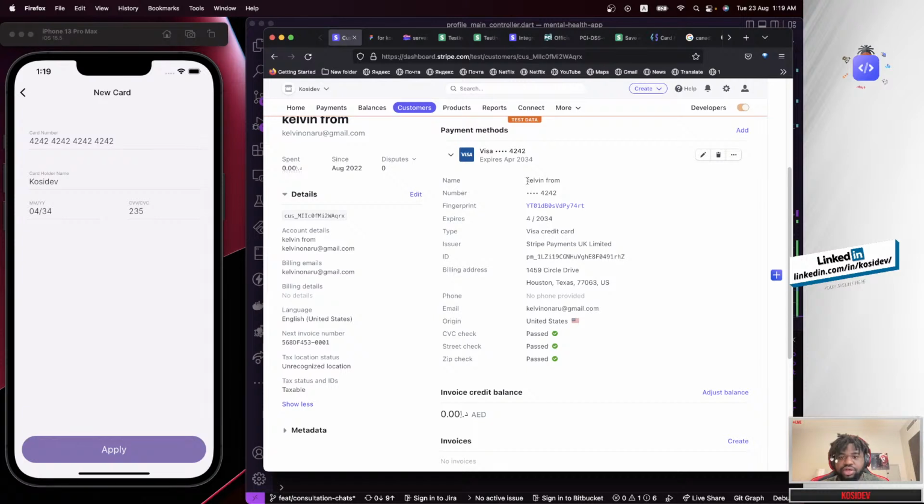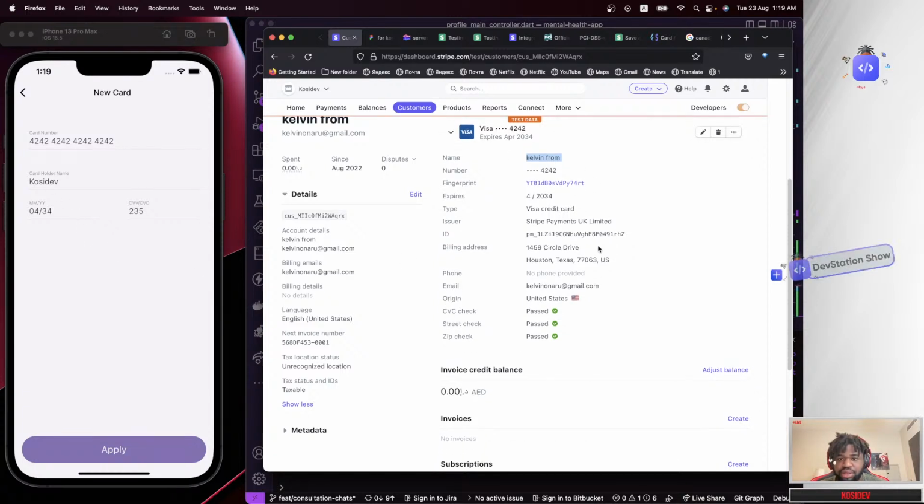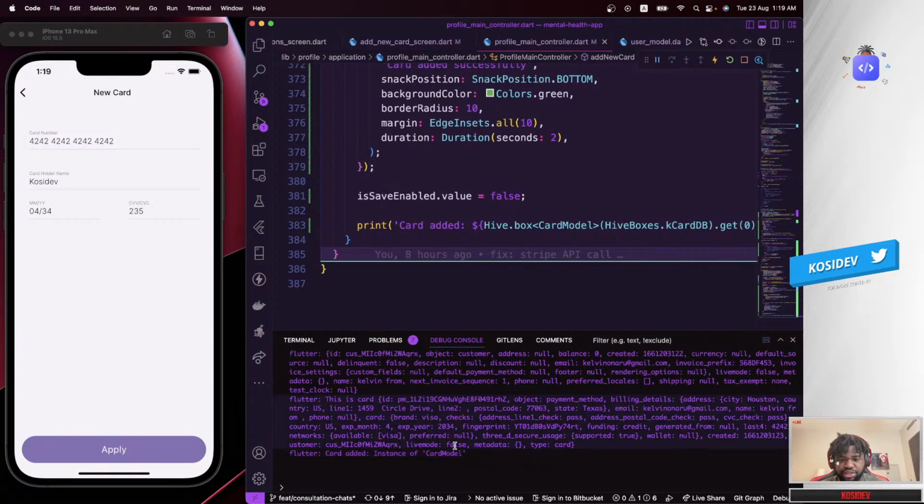This name is actually coming from the user main name and not from the card name they inputted here. So we are not actually saving this, but we could decide to save that instead of using the user main name. You see the Visa, United States. So everything is actually working, and we were able to save that inside our DB on its own database,